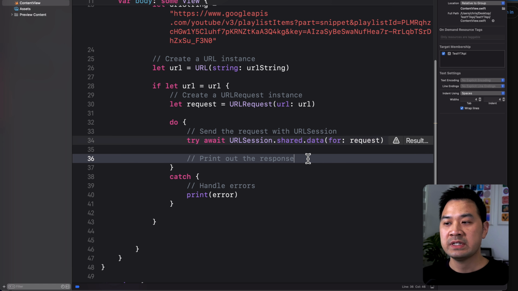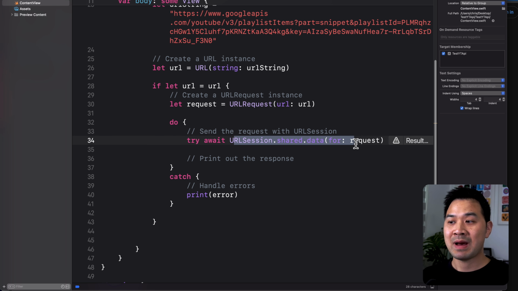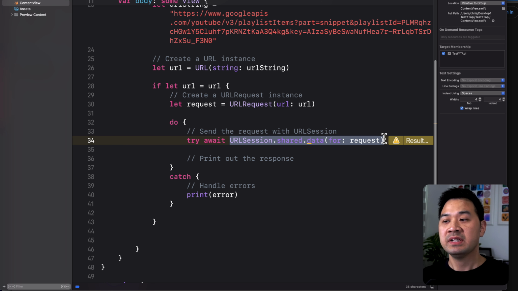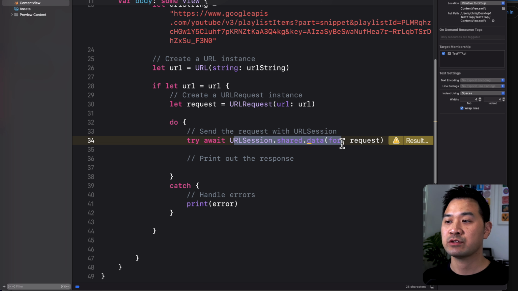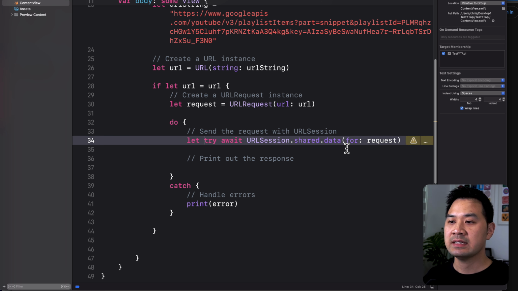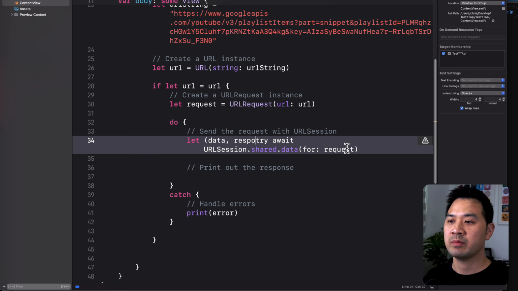We wouldn't want to print out the response before this comes back with the data, right? Because then there'd be nothing to print out. So by putting the await keyword in front of an asynchronous method, it is going to wait for this to happen in the background, finish doing its thing, come back, and then we are going to print out the response. What are we going to print out? We have to assign the data that gets returned into something first, just like how we did here, like let URL equals that, let request equals that. So we're going to say let data, comma, response